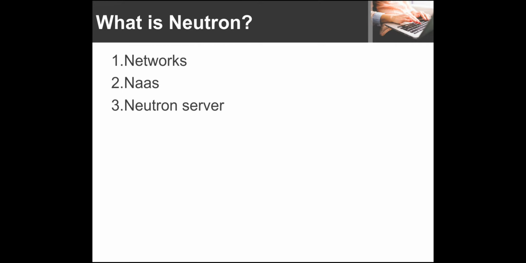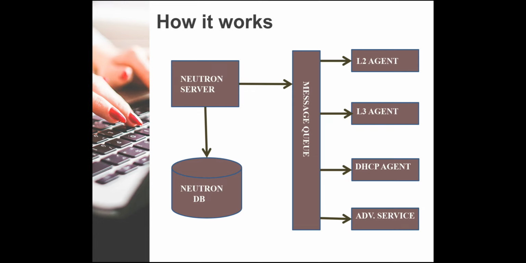It can address the deficiencies in baked-in networks. It also has a component on the controller node, known as the Neutron server. Along with it, a number of agents and plugins communicate with each other using a messaging queue. Now, how exactly this works, I just said theoretically. Now we will try to understand it through the architecture.